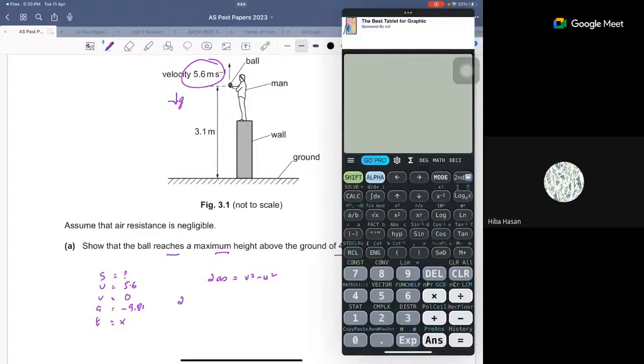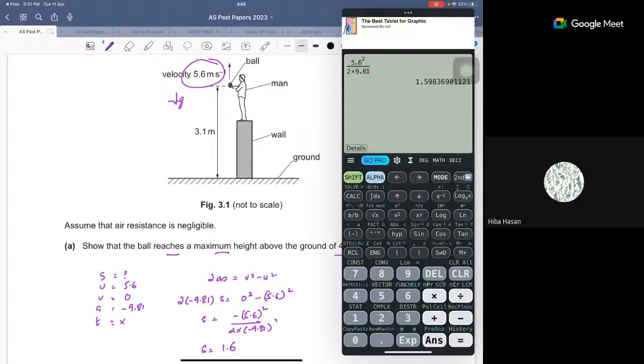So 2 times minus 9.81. u squared was 5.6 squared. Sorry, this was 0 squared minus 5.6 whole squared. So s will be equal to minus 5.6 whole squared divided by 2 times minus 9.81. You can cancel the minus out. 5.6 whole squared divided by 2 times 9.81. So I'm getting something like